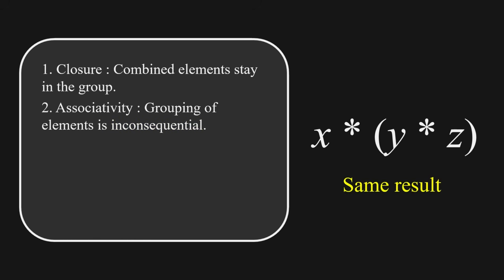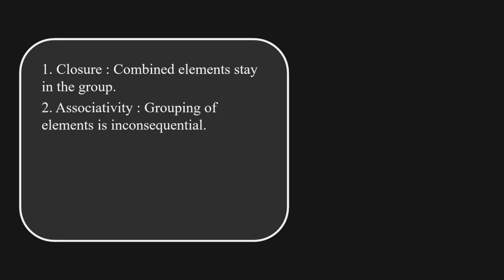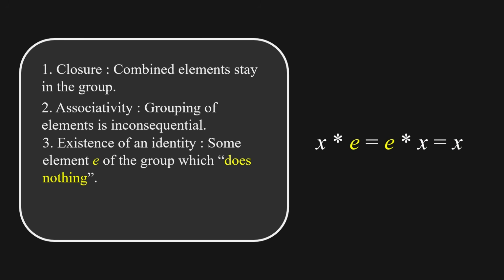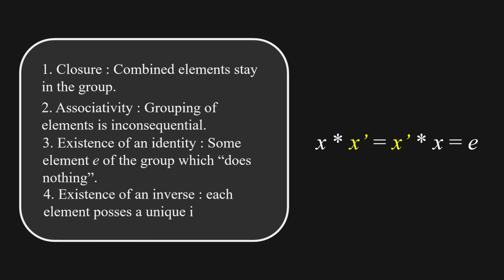the final result. The third is the existence of some element of the group that, if combined with any other element, leaves it unchanged. This is called the identity element. And finally, any element has an inverse, which is a unique element that, when combined with the original one, results